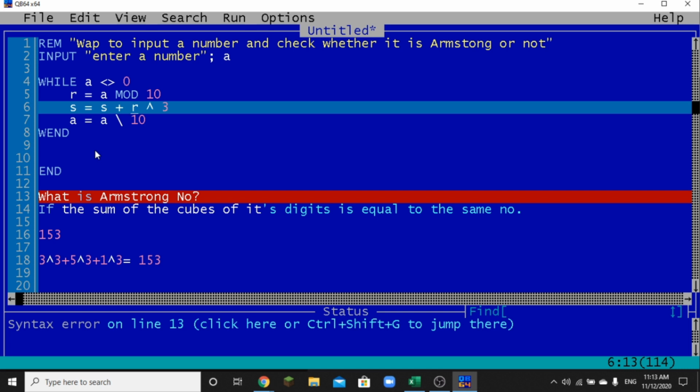I am using r cube because I have to calculate the cube of that particular digit and I have to calculate the sum of the cube of